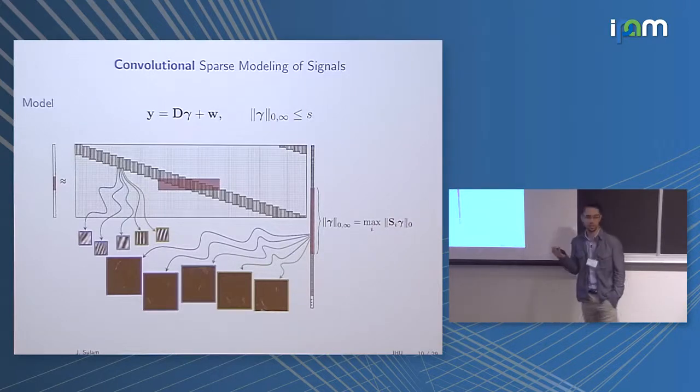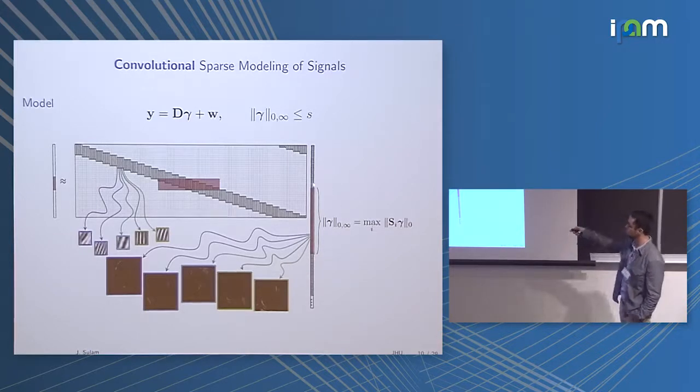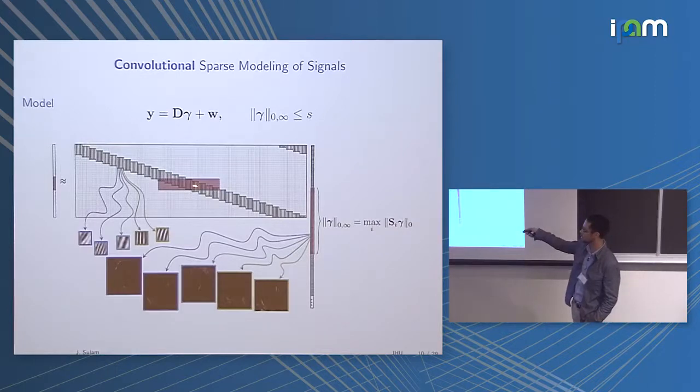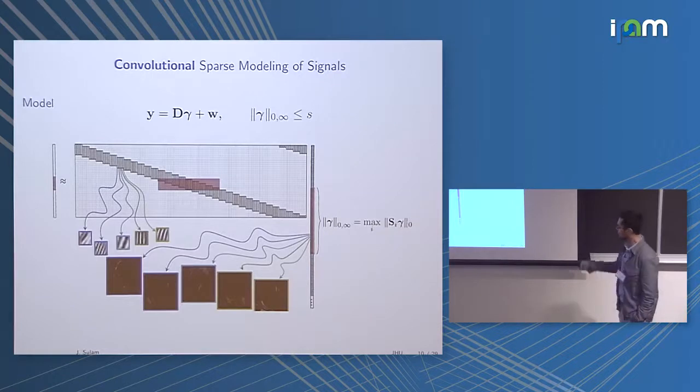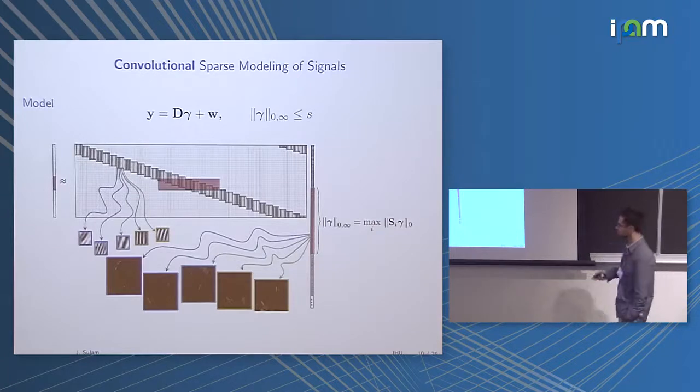So what you want to do instead is redefine the way you measure sparsity. And one way of doing this is by formalizing this zero infinity norm, which essentially just counts the number of non-zeros in each of these stripe vectors. And these stripe vectors are the ones that code for this shift-invariant local dictionary that produces every single patch. And so you count the number of non-zeros at every possible stripe, and then you report the maximum. So it's kind of like a sense of density as opposed to that of cardinality.